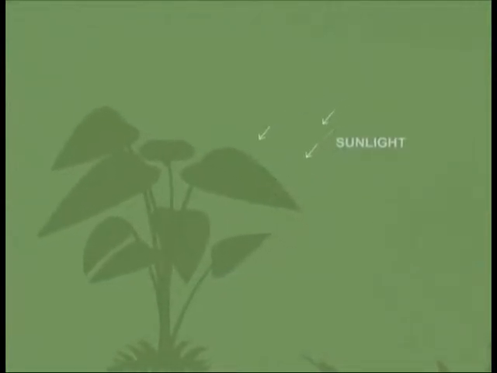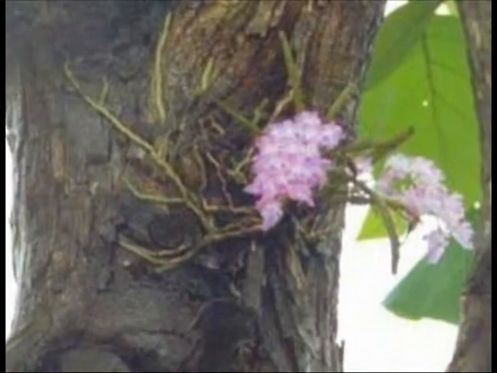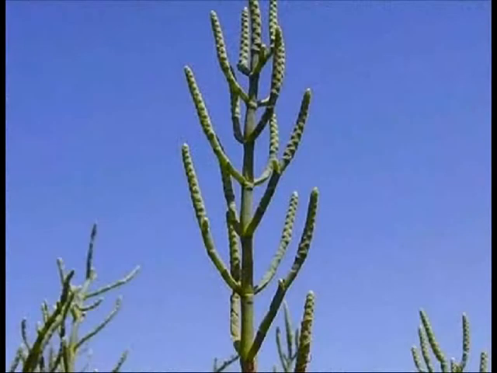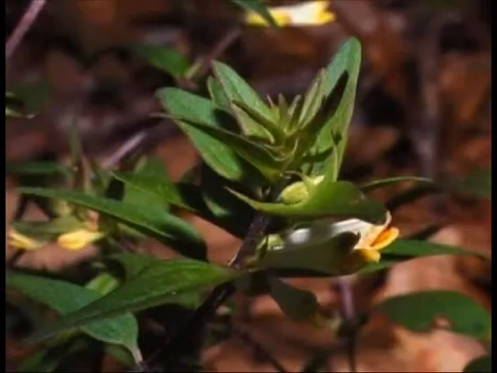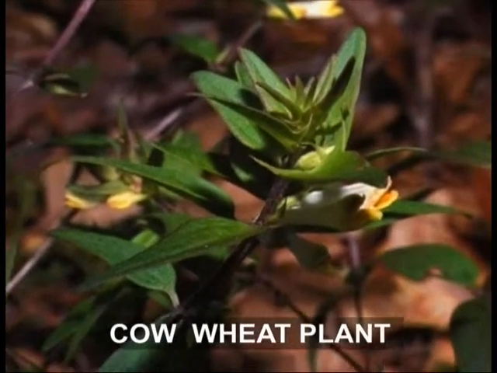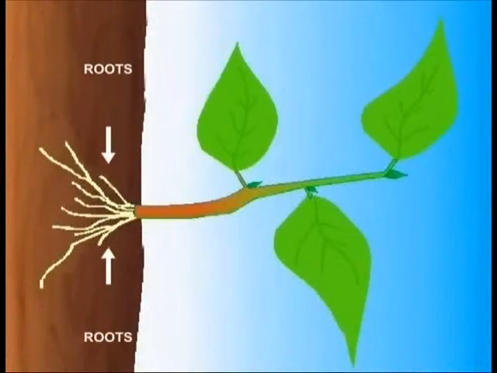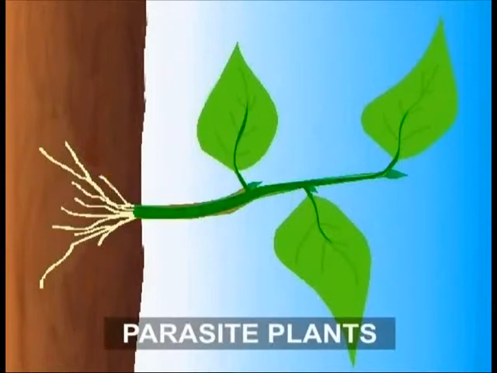Some plants growing in shade have even found a much easier way to get food, and that is to steal it. They are the parasitic plants. They penetrate their curly twigs into the stem of other plants and directly absorb the prepared food. Cow wheat is a delicate-looking flower plant that grows in European forests. This plant attaches its roots to the other plants and steals their sugary sap. It lives off food prepared by other plants. Such plants are called parasites.